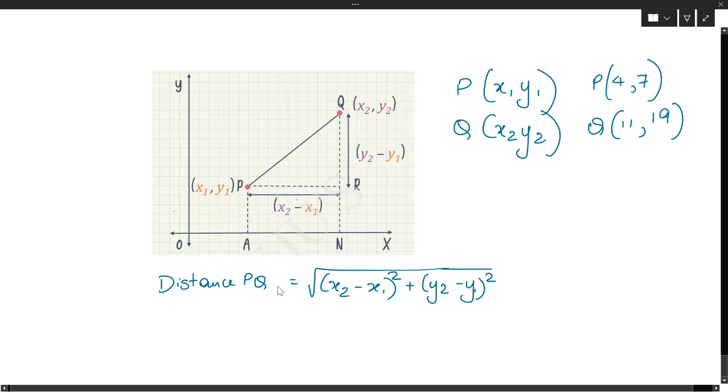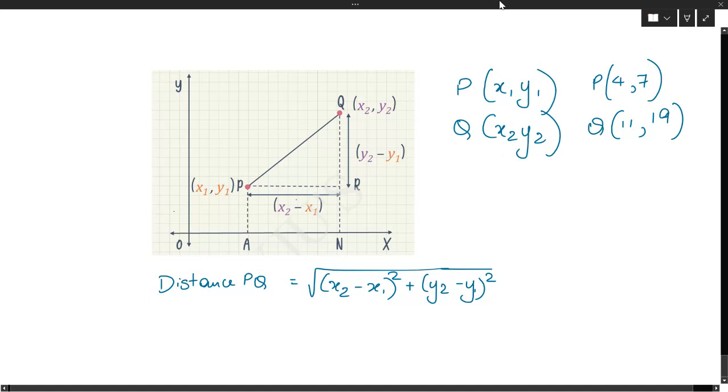Then what is the next one? Any other formula do you have in your book? Only one is there this year. Last year, I guess we had the midpoint. Any other? Check your book. Section formula is also there. Let us go to the section formula. I think midpoint is not there. Two formulas are there, right?